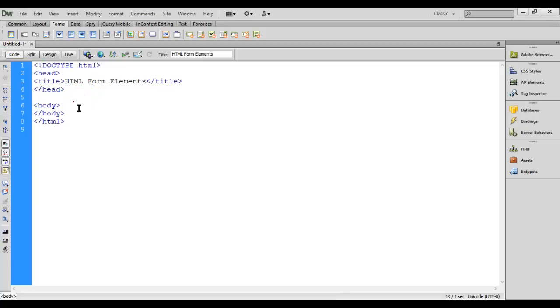And in the body we first write the input and type text. Give this the type text, and also give it a name, for example first name.